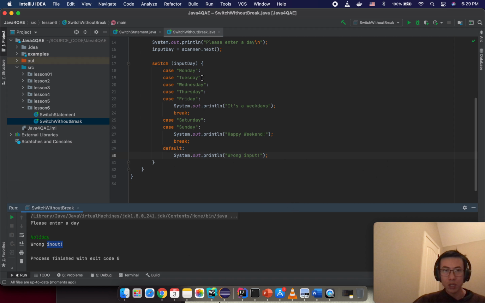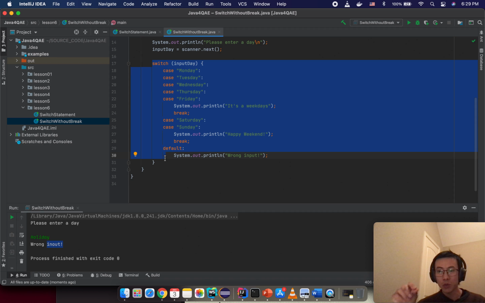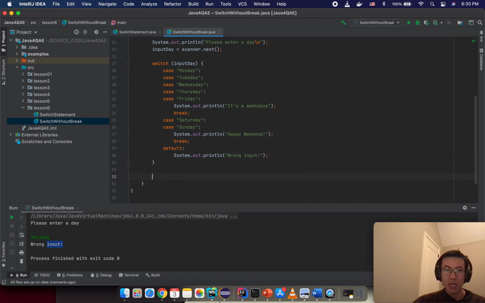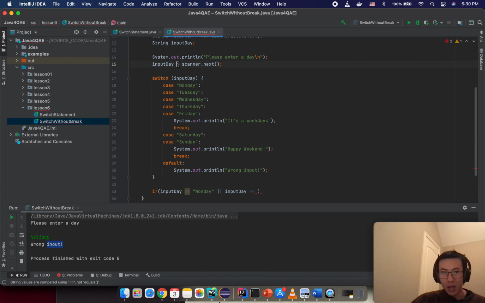So let's try to turn this into an if statement, and you can see the similarity between the switch statement and the if statement. So in this case, I will do something like: if input day equal Monday, or input day equal, so equal means you compare. You see here just one equal sign means you assign a variable, but if there are two equal signs, that means you are trying to use the comparator. Okay, so input day equal